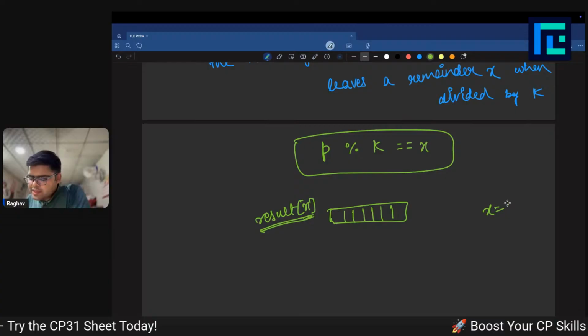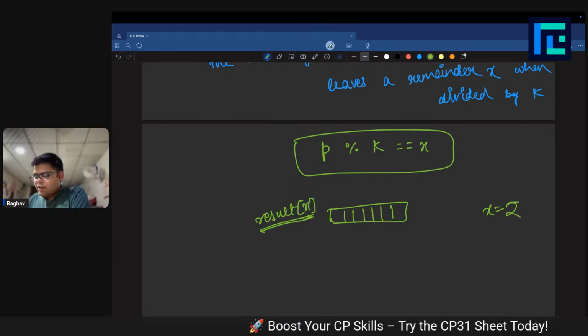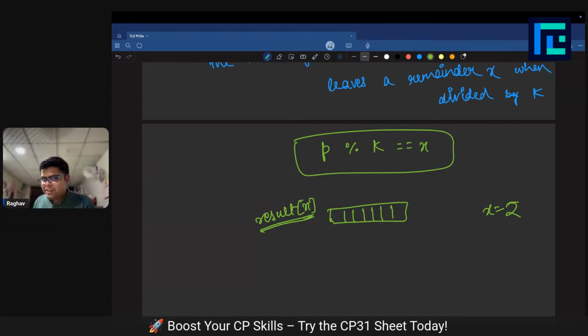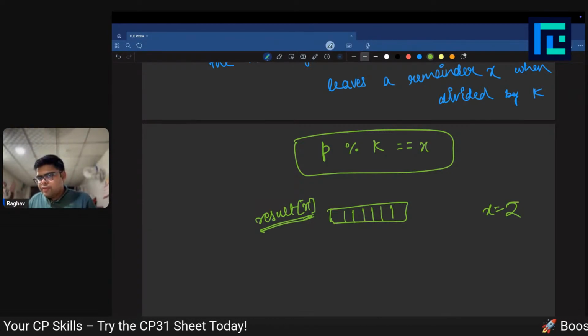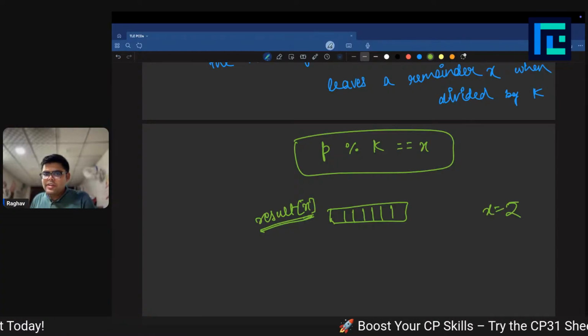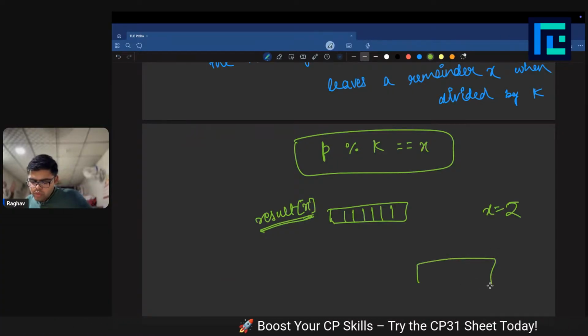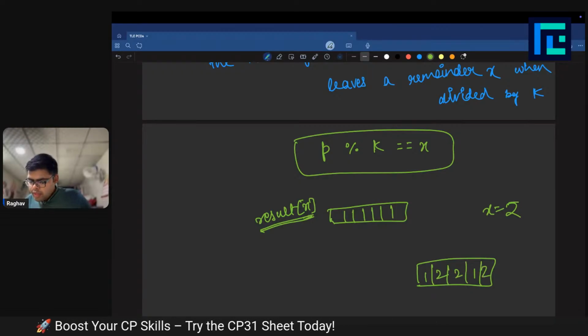Let's say if x is equal to 2, then we have to tell how many subarrays are there such that the product for these subarrays mod k is equal to 2. So if you have an array like 1 2 2 1 2,